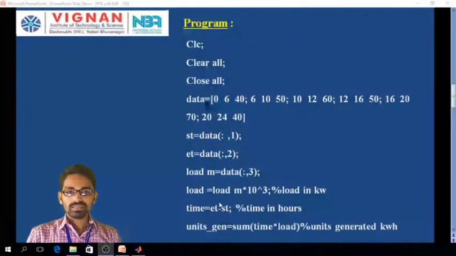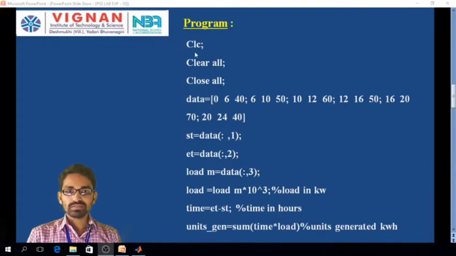Now we will see the programming on estimation of tariff based on load curve. Here CLC will represent the clear command window, and then you have clear all, which clears the workspace.